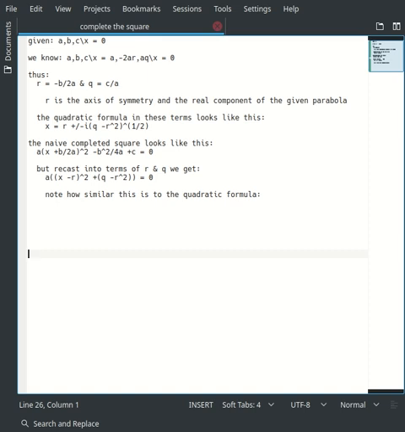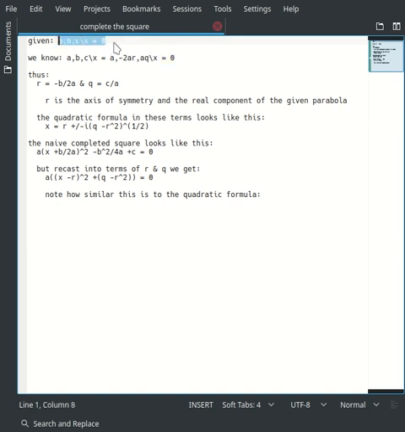Alright, so I thought I might show something. Shouldn't be shocking to anyone. The relationship between the completed square and the quadratic formula is definitely known, and you can look it up. And I've cut out all sorts of steps here. But say we're given